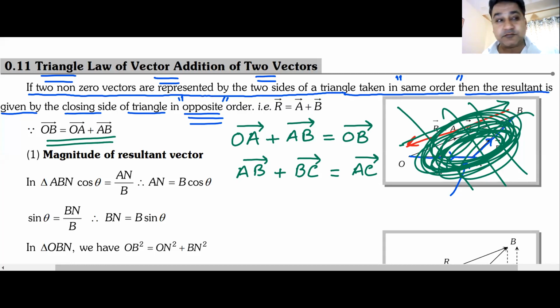Now, most of you, if you have not understood it, must be wondering, sir, how is this possible? Without even drawing any triangle, without even drawing anything, not looking at the sides, how can anyone tell me the answer just by looking at the vectors AB and BC? So I will ask all of you who have given the answer to tell me, how is this magic happening? Magically, how can you get the answer? It's magic. You have not drawn the vector, you have not seen anything, but you have given the answer. How is it possible? Anyone?